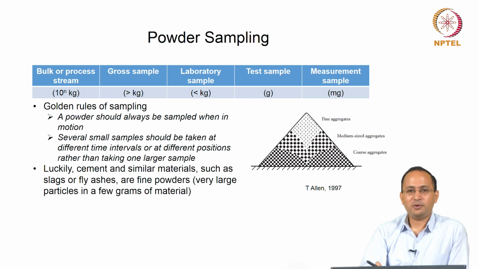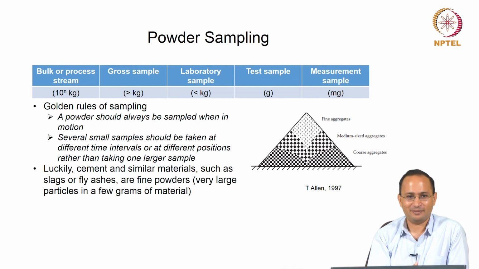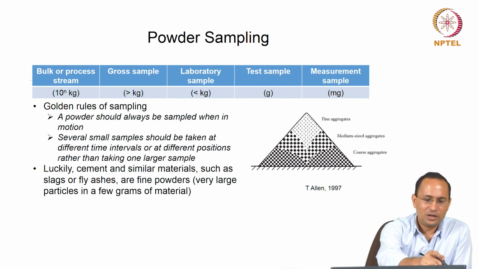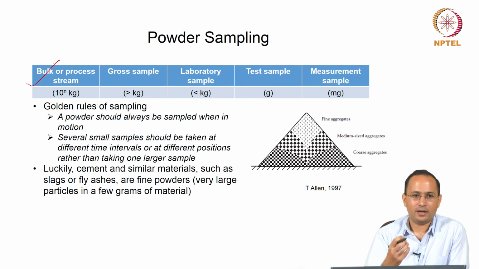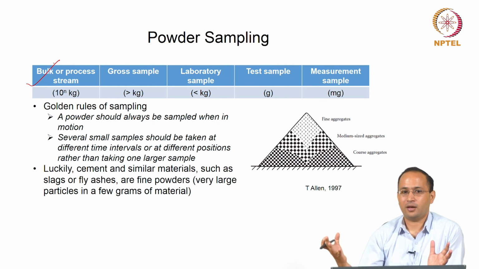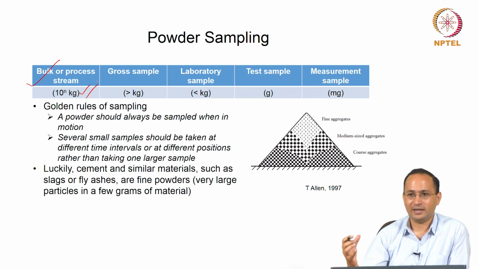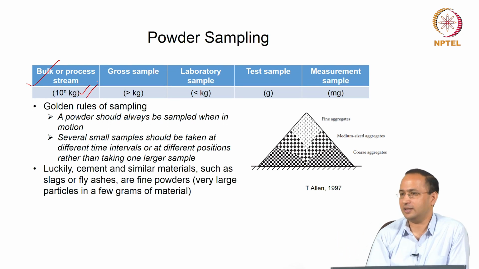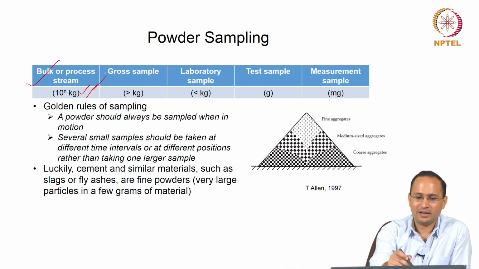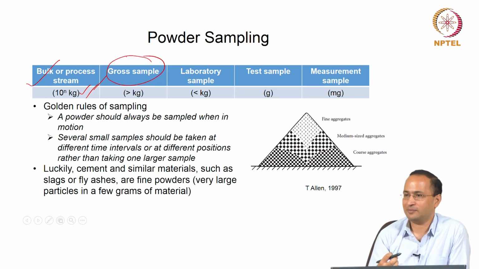This is important. Before you do particle size distribution, you have to have a representative sample, very important. Suppose you are interested in determining the particle size distribution of a bulk or some process stream, a significant amount, right. It could be in tons, that is the idea. But you cannot carry out particle size distribution on that scale, right. What you have to do? You have to bring it down, right. So, you always take a sample out of it.